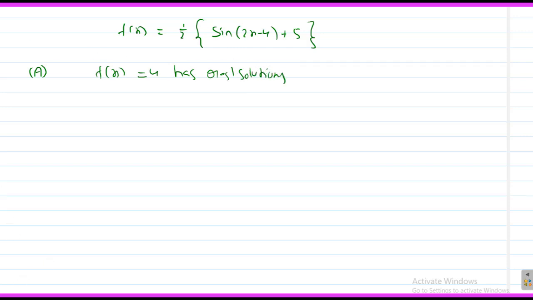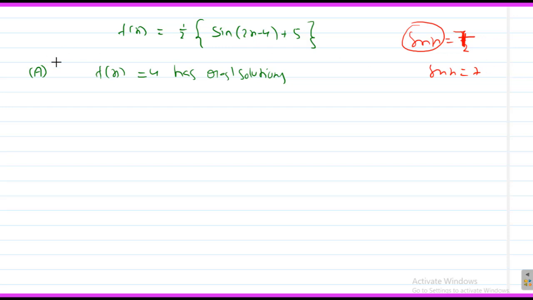Okay, students, observe here. For example, sine x equal to half means there exist several x values, no? For example, sine x equal to 1, there are also several x values, no? If sine x equal to 7 is given, you can say that there is no x which satisfies it, because sine x should lie between minus 1 and 1. So for sine x equal to 7, there is no solution.